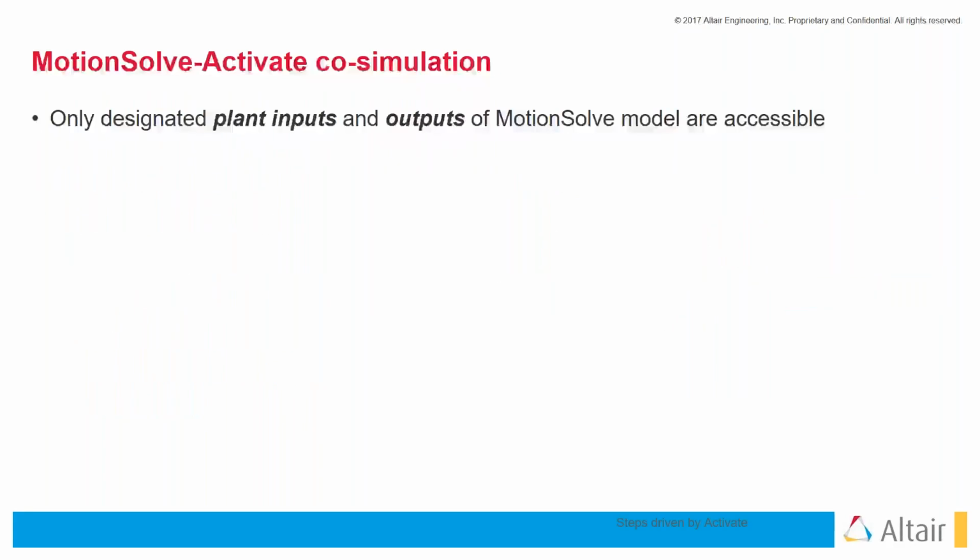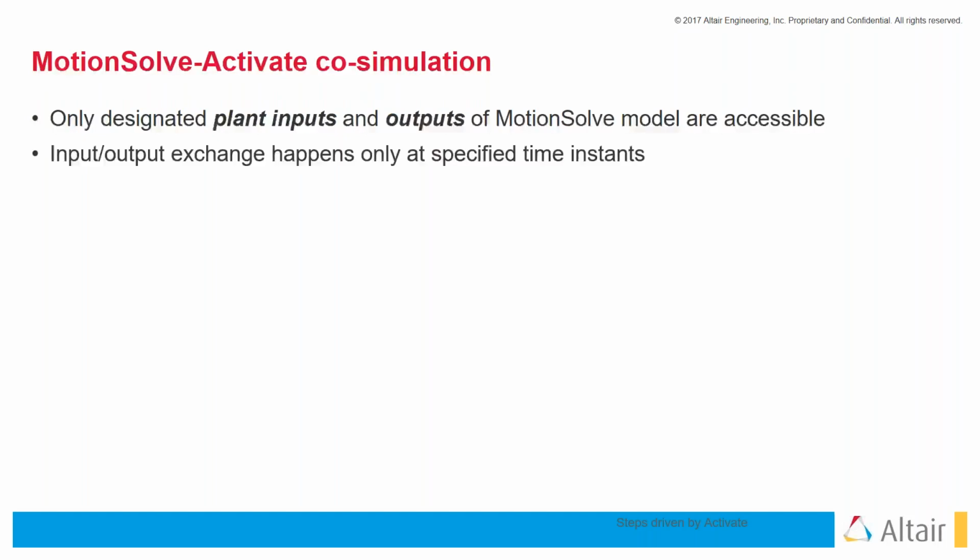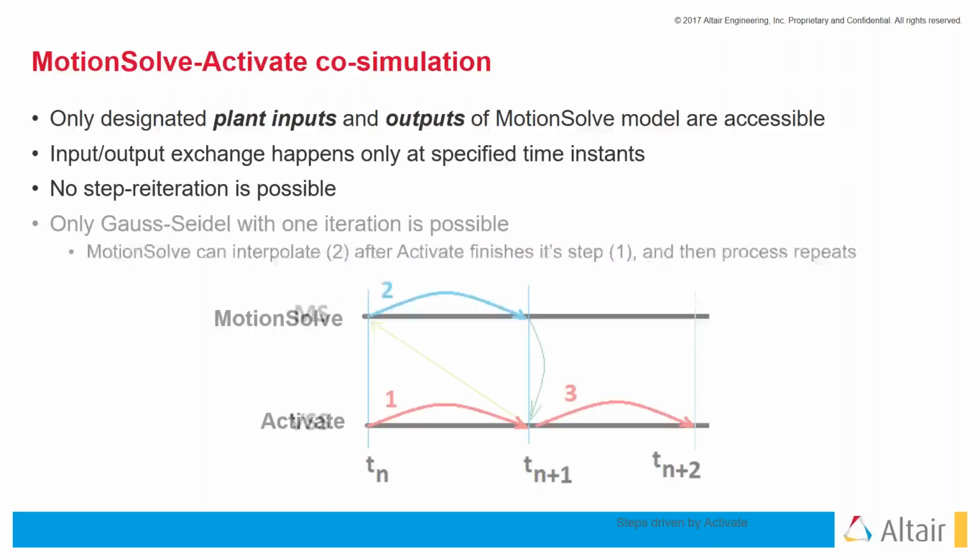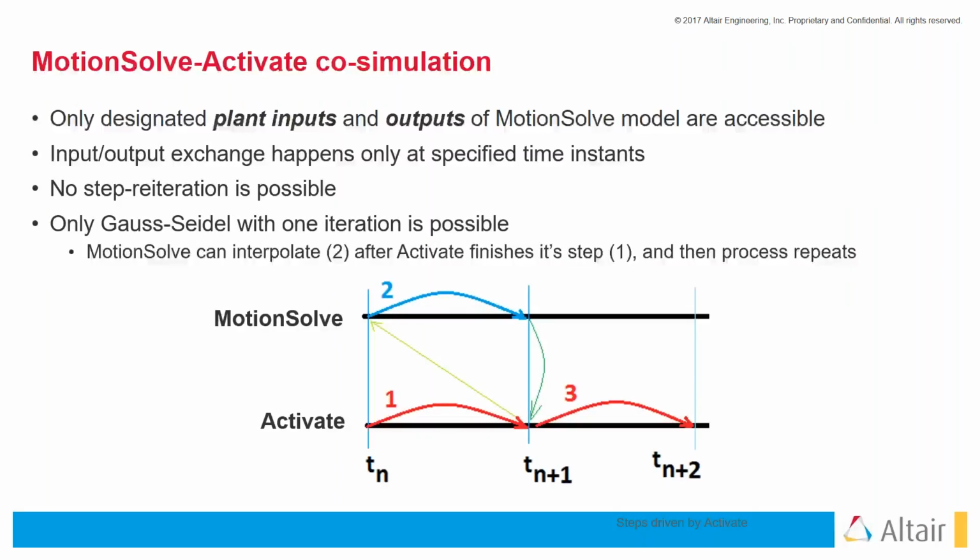So MotionSolve with Activate co-simulation, the planned input and output are accessible. Input and output exchange happens only at a specific time instant. You have to specify the solver time. So iteration is possible. If you look at it, Gauss-Seidel iteration is possible, and MotionSolve can interpolate after Activate